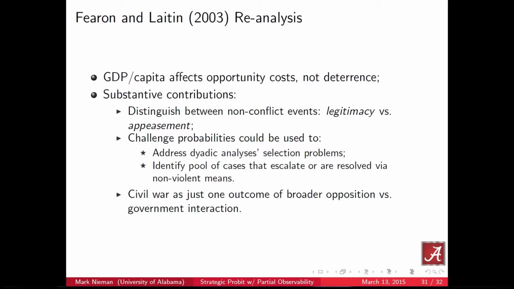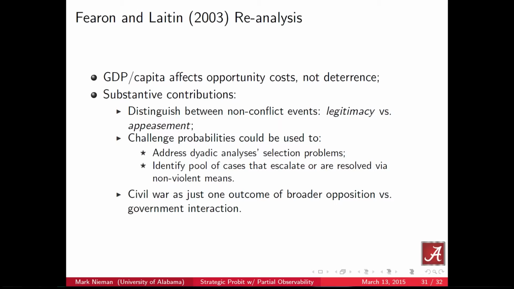We also can identify a pool of cases that are likely to escalate or that may have been resolved through nonviolent means. This could help us from a data collection standpoint of pinpointing cases instead of trying to look at the entire universe of cases. So if we're doing a Correlates of War type of data gathering effort, instead of looking at cases of every country in the world, where some of them might have a very low probability of anything conflictual occurring, we can focus in on those cross sections